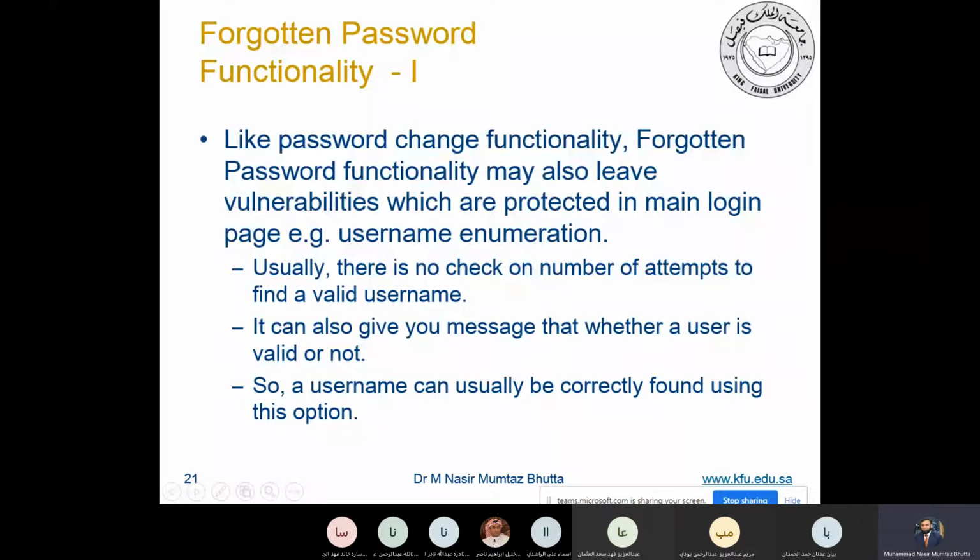Now I tell you how you do it. When you create any account on the website, what secret question do they ask you? In which city you were born, right? What is your favorite color? Does your friend know your favorite color or not? Your friend knows your favorite color, right? Even you can put your favorite color on your Facebook profile, or from your post someone can analyze what your favorite color is.